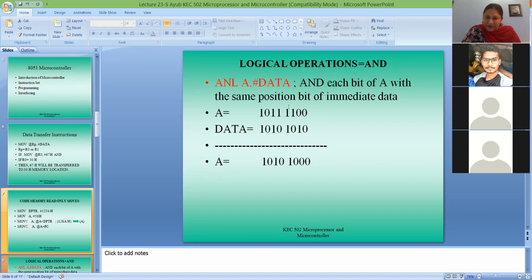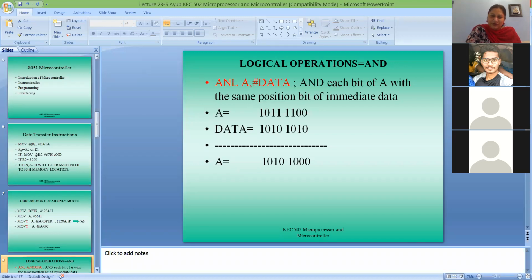Each bit is ANDed to each bit: 0 0 gives 0, 0 1 gives 0, 1 0 gives 0, 1 1 gives 1. So the new data is now available in the accumulator.